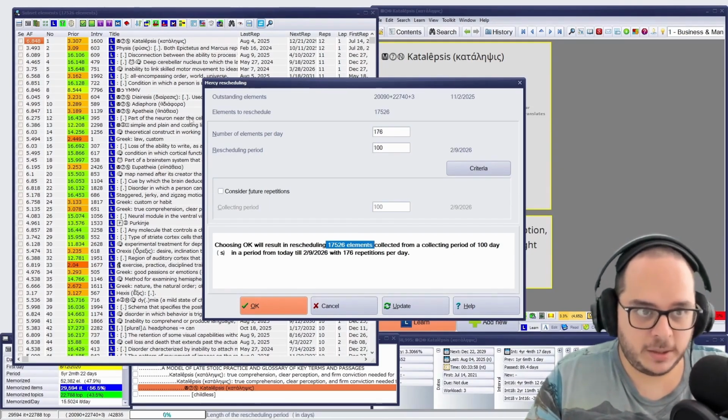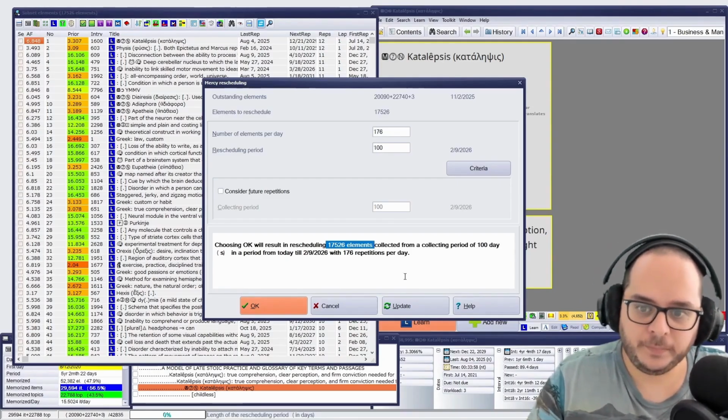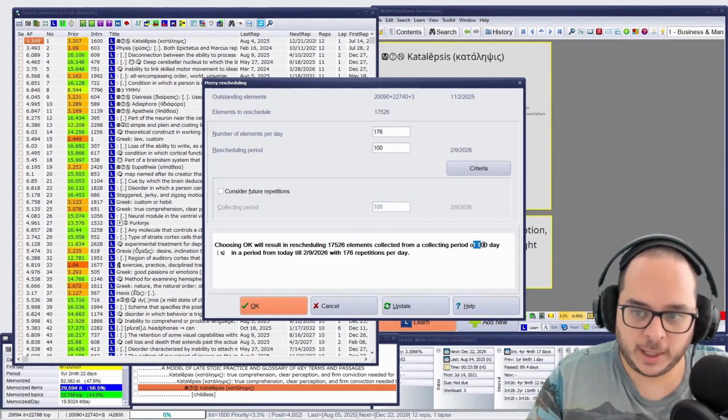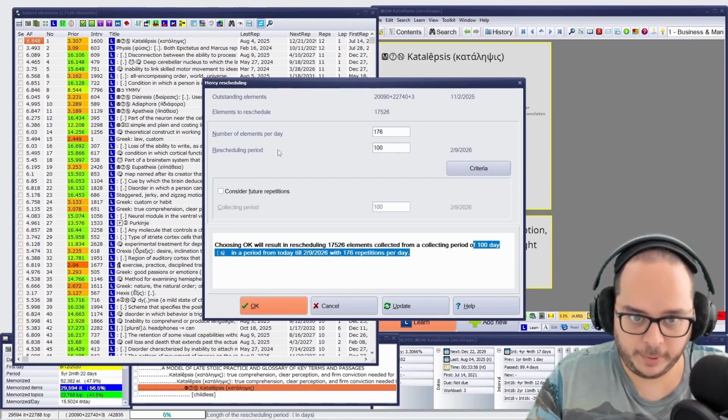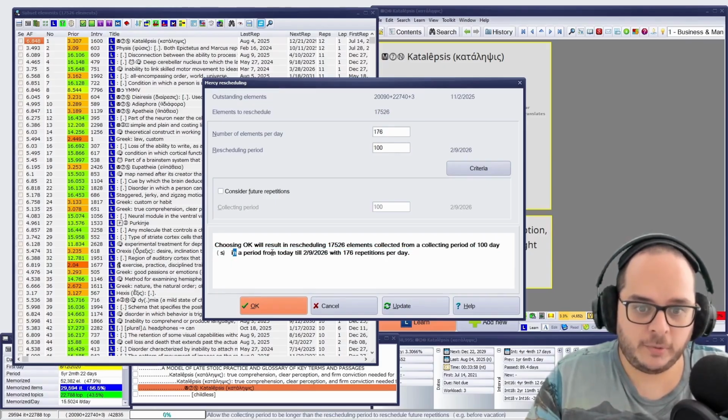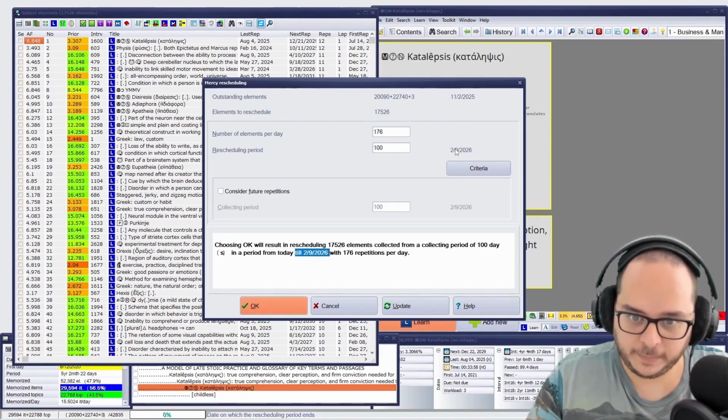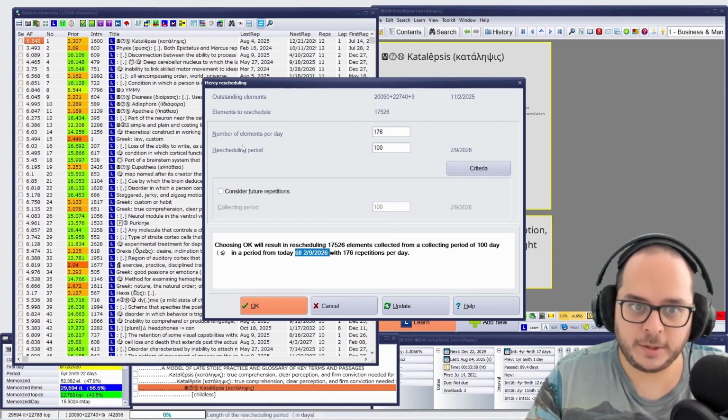Sorry, that many elements, all of the elements in the subset. Concluding from a period of 100 days, this raw scheduling period, in a period from today until this date. Here you go, this one here. With how many repetitions, number of elements per day.